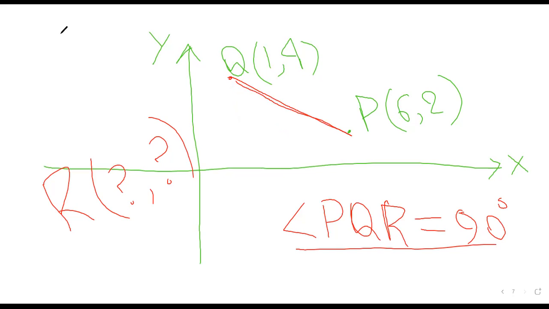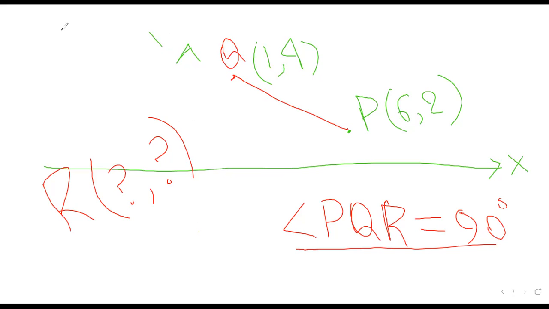So once again, we are at the same problem: P and Q, Q is over here. Just to make this angle PQR 90 degrees,